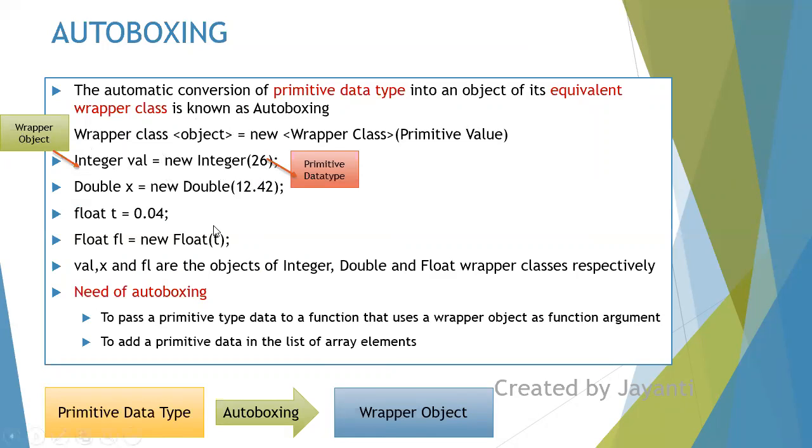Similarly, double also can be converted into Double. Okay, float also can be, the float को मैंने अलग से वेरिएबल में रखा, and t is my primitive data type, it is getting converted to an object. So when you are converting a primitive data type to a wrapper object, that is called auto boxing. Okay, why we need to do this? So basically sometimes, when I told you, we need to add a primitive data, so you need a wrapper object. So basically when you are passing,